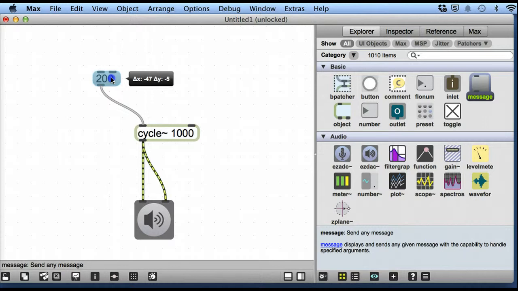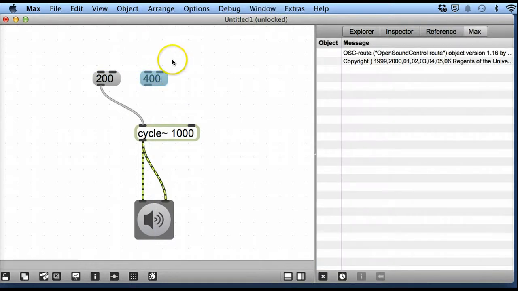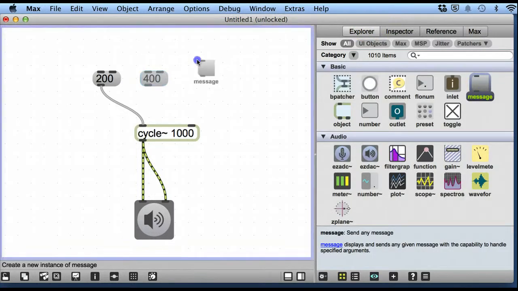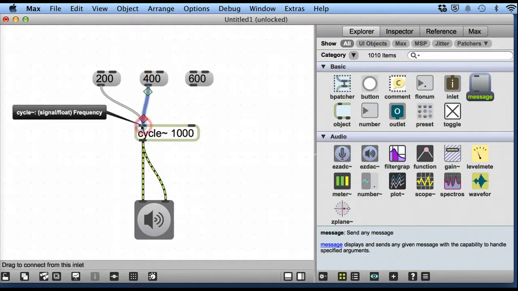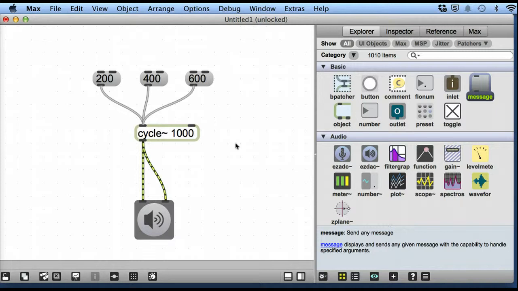So if I move this to the right and then I create another message by the shortcut M, say we'll do 400, we'll copy this one over, a message, and we'll make this one 600. Try and make them look a bit tidy, and we'll route each one of these messages to the input of this cycle object. So I lock